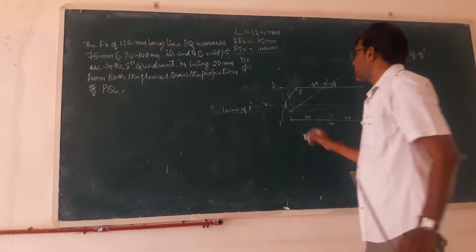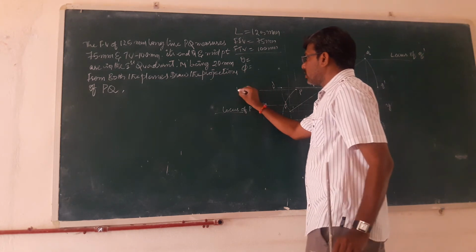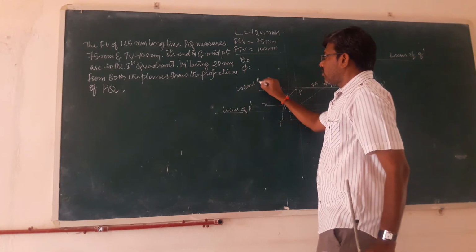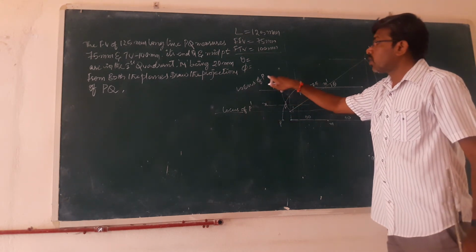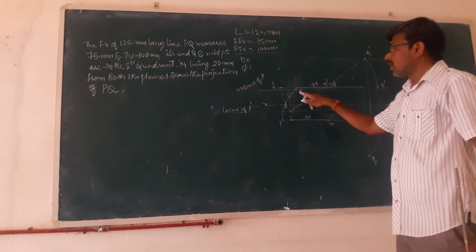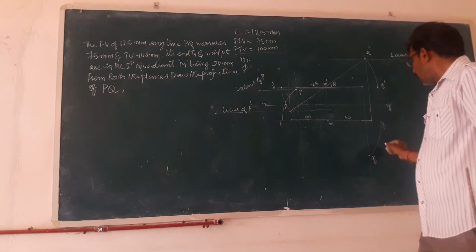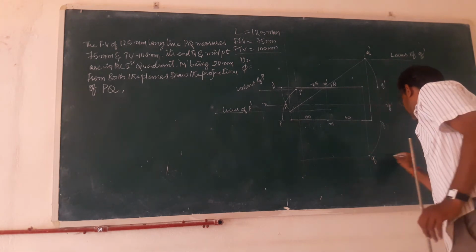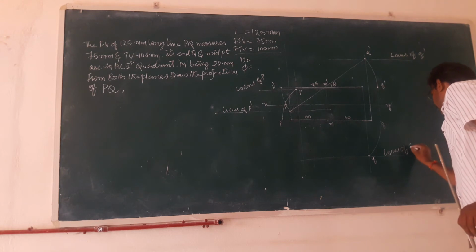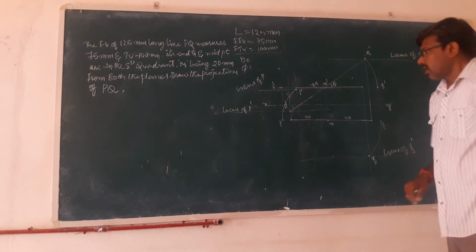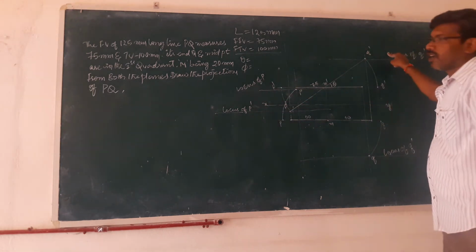What you have to do is, once again draw the line passing through this point. This is the locus of P. So here this is the locus of P dash and this is the locus of P, because this is going to turn on this particular point. Next, draw another line passing through it. So this is the locus of Q. So we got the locus of Q, locus of P dash, locus of P, locus of Q dash.